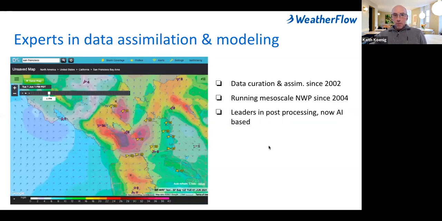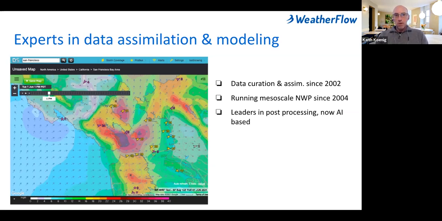In addition to deploying weather networks, we're also experts in data assimilation and the use of that data in high resolution regional forecast modeling. We bring in not only the data from the WeatherFlow networks, but we've spent about 20 years bringing in a curated set of public domain data from vast, disparate sources.